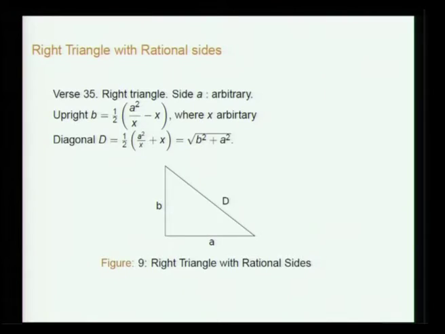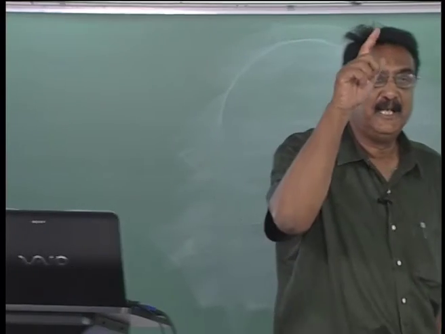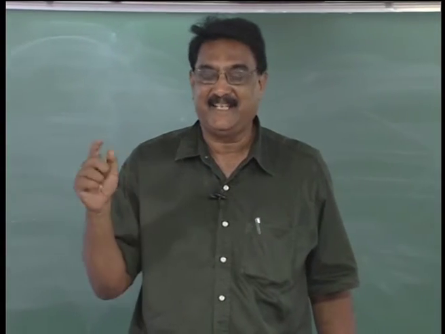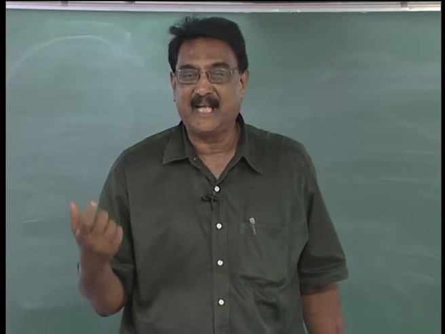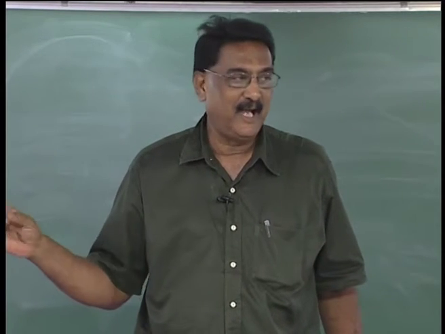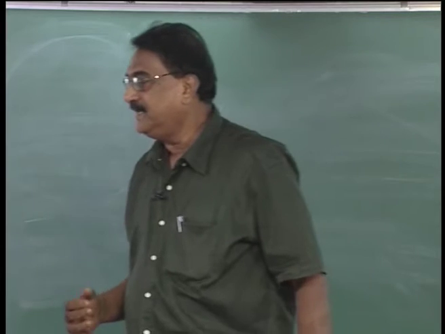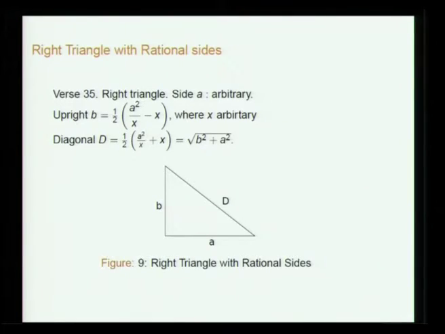So, that comes a slight non-triviality. Please remember that, because if you take a right angle triangle with side 1 and upright 1, the diagonal will be root 2, it will not be rational. So, you have to have some method of constructing the rational thing, that is what is being done here.